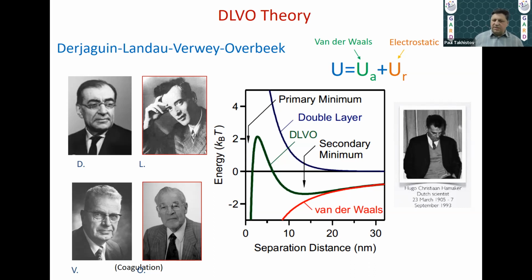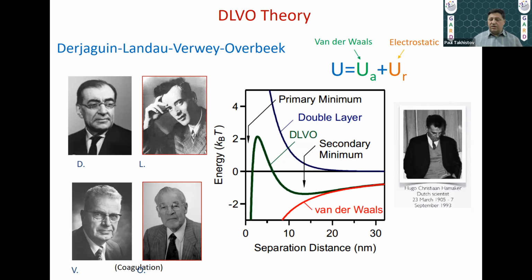When energy is negative, there is attraction; when energy is positive, there is repulsion. And as you can see here, you see the calculation of the van der Waals forces. You see it's very, very long-range forces, more than 30 nanometers. And on the top are decaying electrostatic forces, which decay with the power